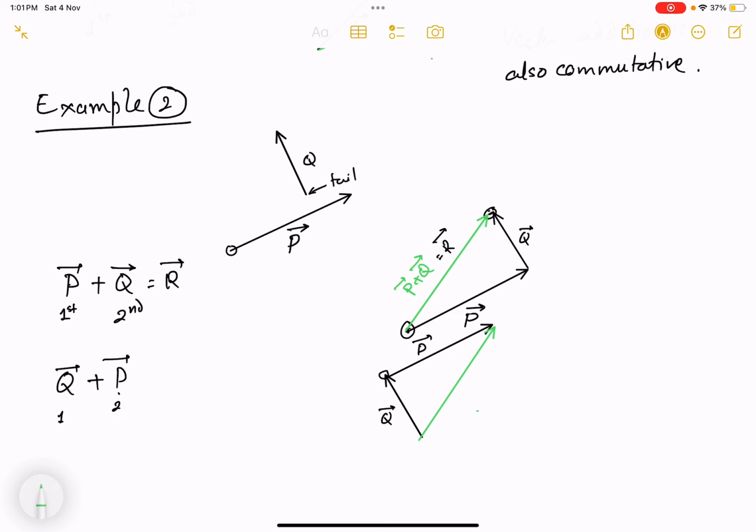This is going to be P plus, sorry, the reverse, Q plus P. Okay. Now you can again see that this vector is same as this vector. This is also equal to R. So you can once more establish that